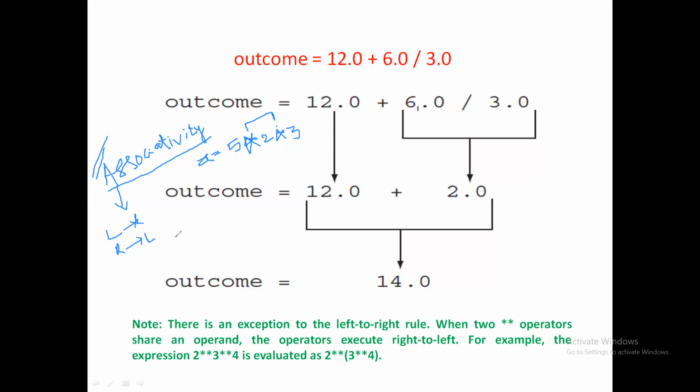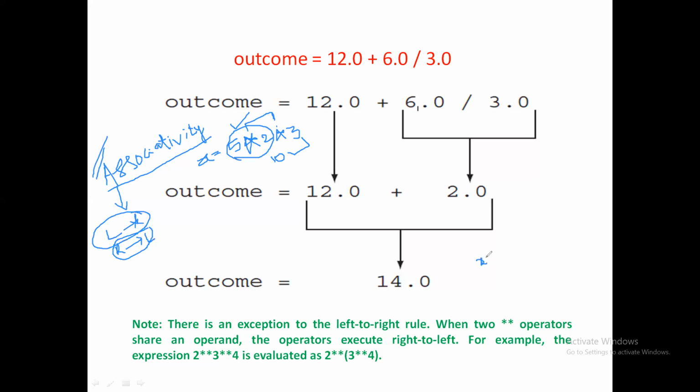Most of the operators that we use in programming languages follow this left to right associativity, but only a few operators follow right to left associativity. So this multiplication operation uses left to right associativity. What will happen in performing this operation is, first 5 into 2 will be calculated, and then the result is multiplied with 3. That is, 10 into 3 is calculated. This is left to right associativity.